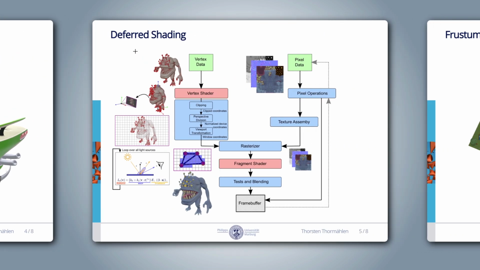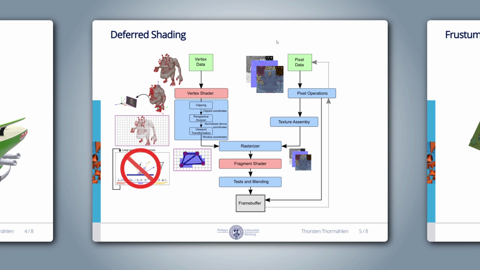Now, let's talk about deferred shading. As the name suggests, in deferred shading we postpone the shading to a second render pass. In the first render pass, everything stays the same until we reach the fragment shader. In the fragment shader, we do not perform the expensive lighting evaluation. Instead, we write all the information, which is required to perform the lighting evaluation later, into the corresponding output pixel of the frame buffer. So we have to store per pixel position, surface normal, and several material properties.